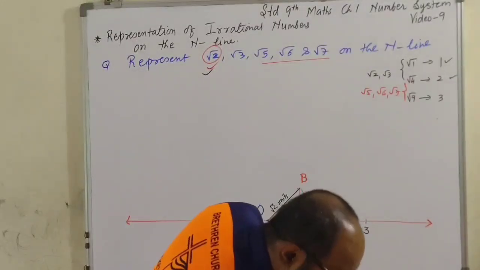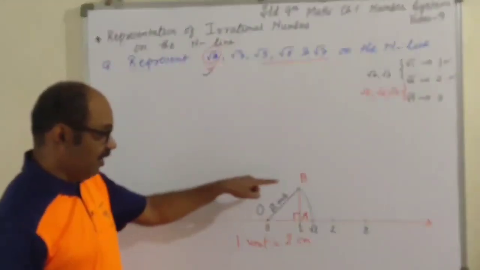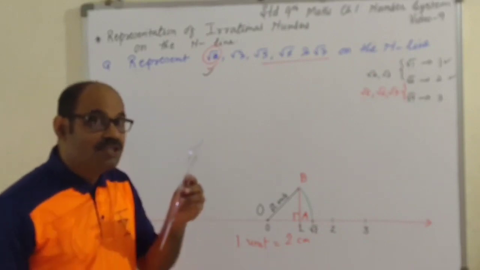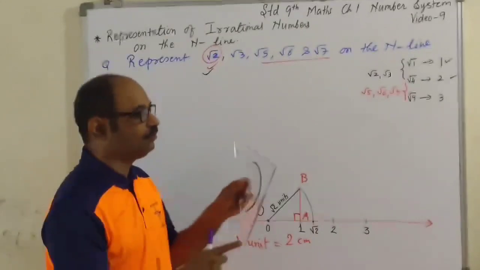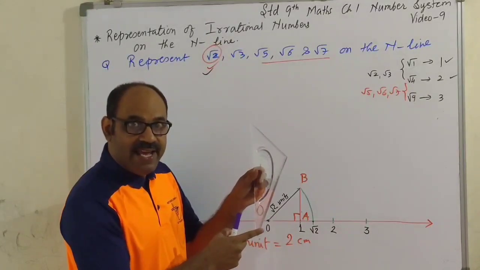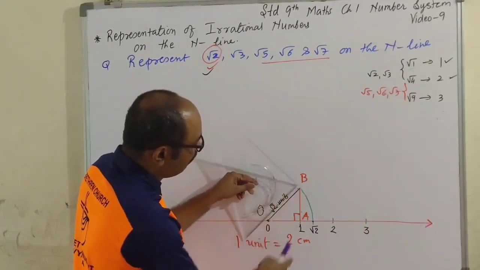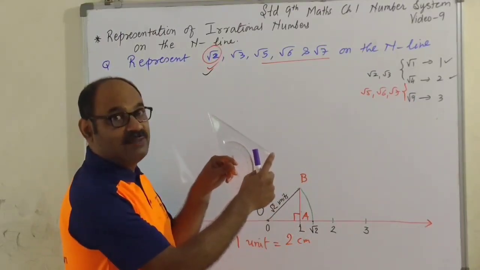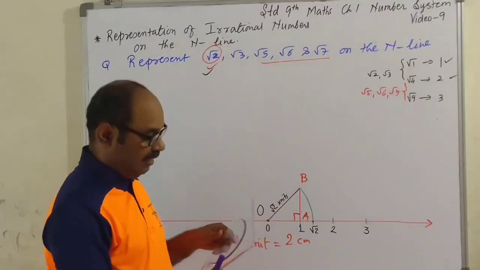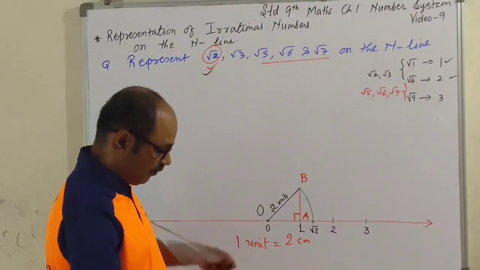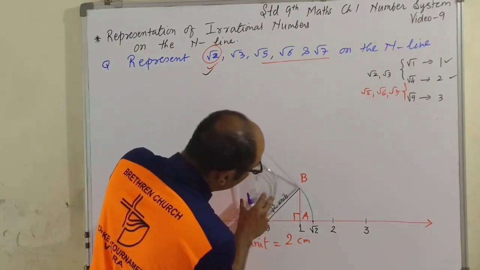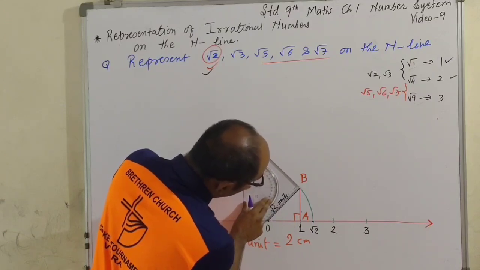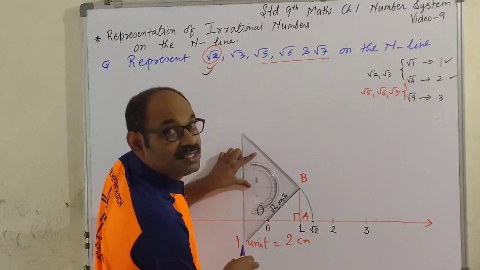But now you have to be very careful when you are drawing the perpendicular to OB. Now, yes, the position of the set square is going to be slightly different. One of the perpendicular edges should coincide with this hypotenuse, the black line segment, and the vertex at which the right angle is formed should coincide with point B. Chaliye, carefully I do that. Is it okay? Is it okay?